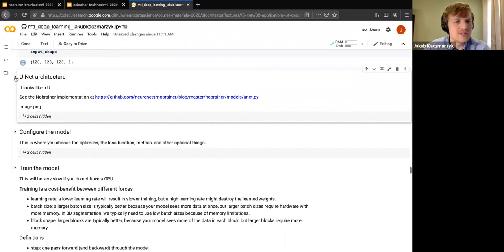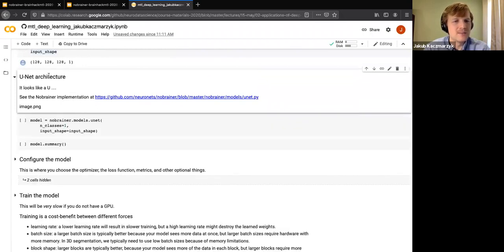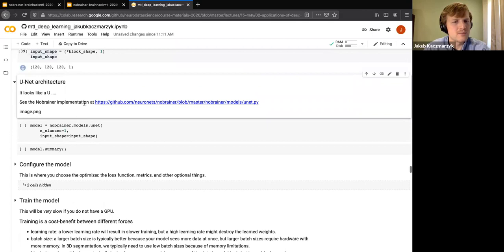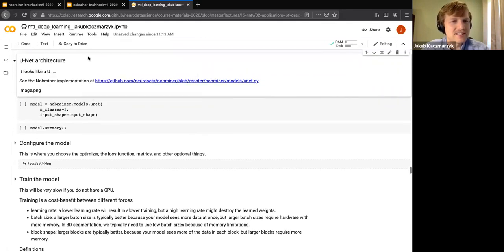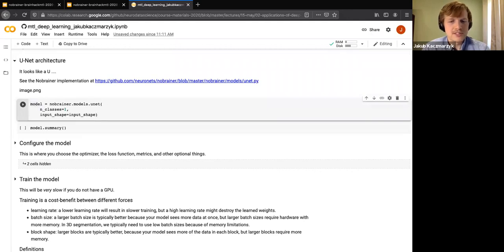So one common architecture for medical image segmentation is the UNet. For some reason the image isn't coming up. Basically, it looks like a U. That's why it's called a UNet. You have your inputs here, and the way that you put the layers together, it looks like a U. We don't have to get into the specifics of the implementation, but that's where it gets the name. And if you want to look at the implementation, it's within Nobrainer on GitHub. So to instantiate it,